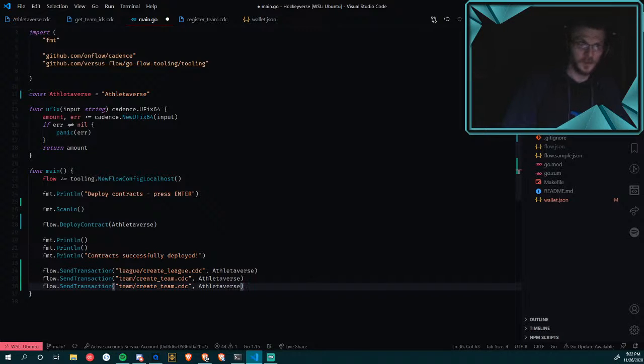And these in the wild would actually be signed by different users. But because everything's being deployed to one account and signed by one user, we're just gonna do this all quick style. Create team and then register team.